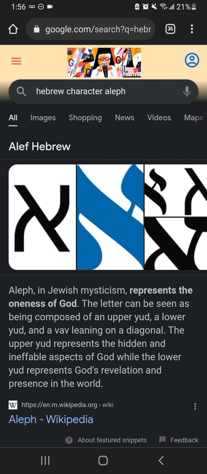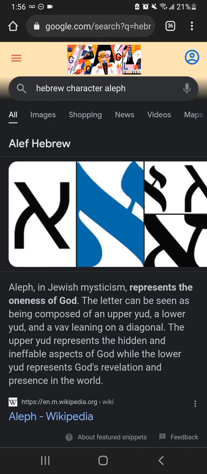And of course, we can always get more information on these Hebrew characters, but this is not to go in depth. This is just to provide a plain understanding of each Hebrew character and the meaning behind it, the numeric equivalent. And we're not even gonna get into the Arabic equivalent or the equivalent in Greek. Sometimes I might mention that, but we're not even gonna do all of that. Not here for this. But this is the Aleph. Let's just read this real quick.